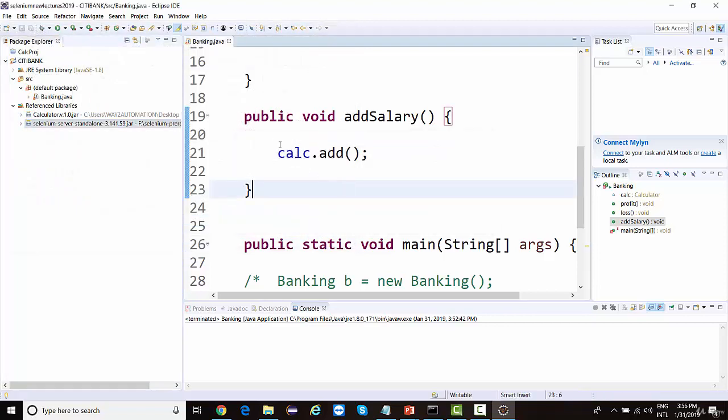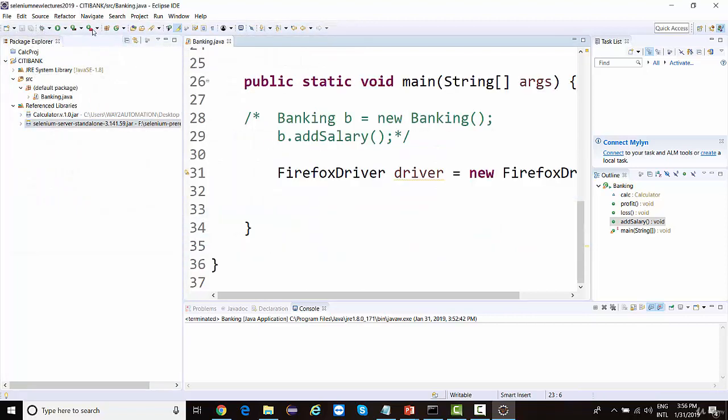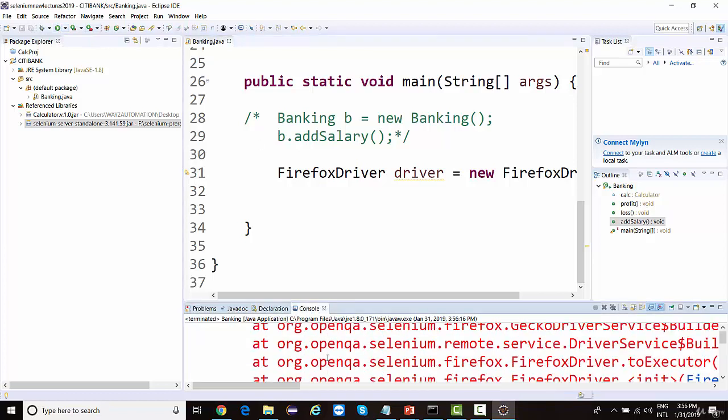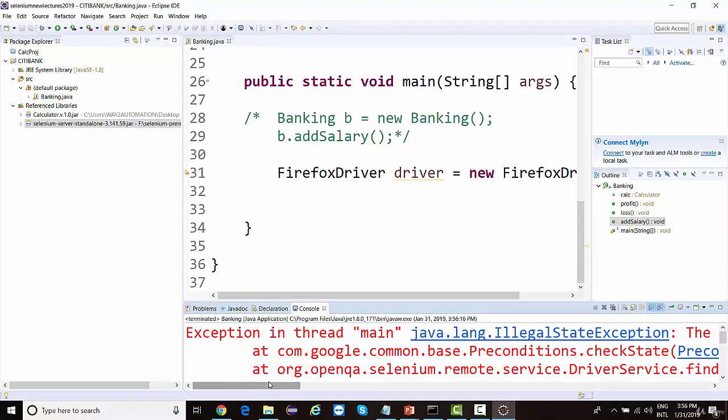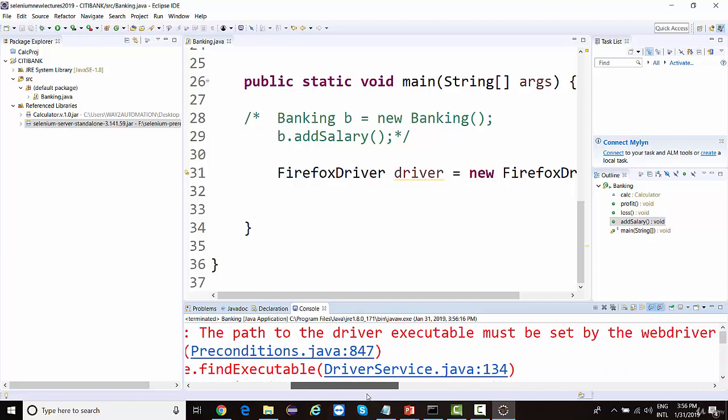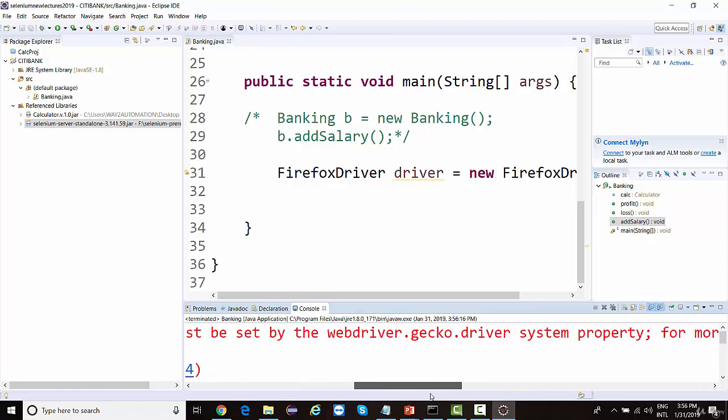And if I run this code right now, is it going to work? No, it will not work. Why? Because there are some changes in Selenium 3 which looks for a driver executable file which is provided by Gecko driver, which is provided by Mozilla. Now all the browsers provide their own executable files.